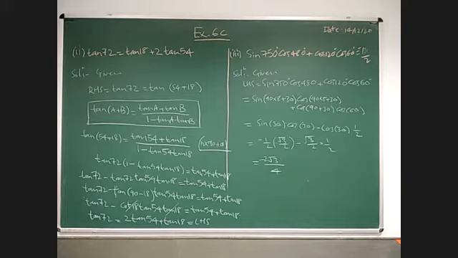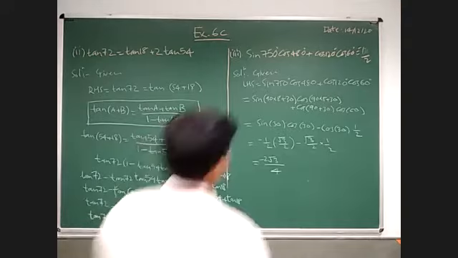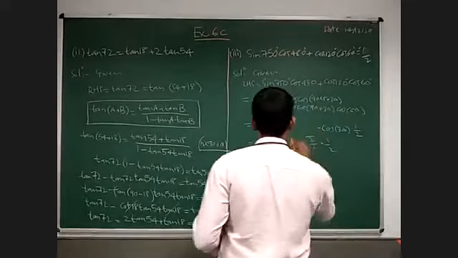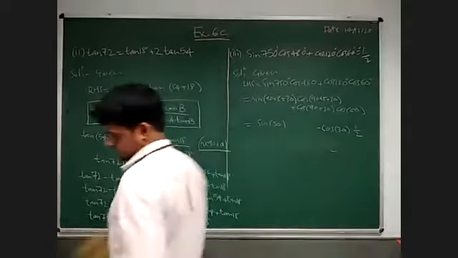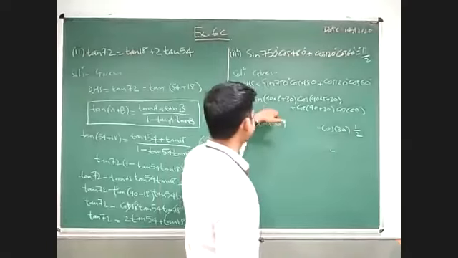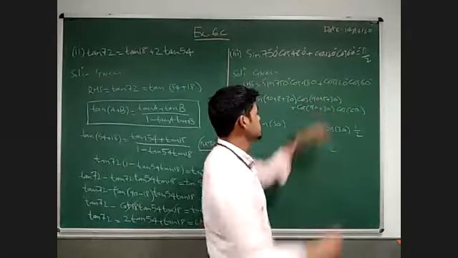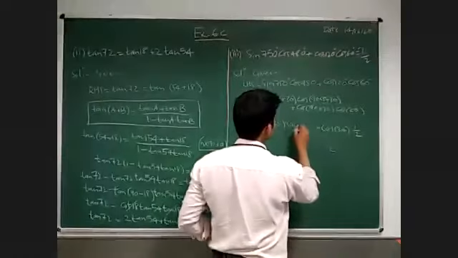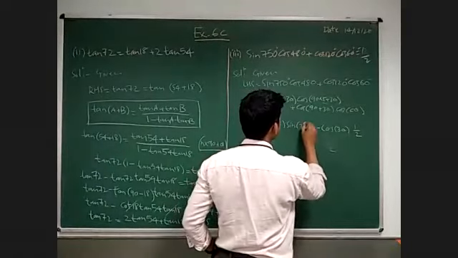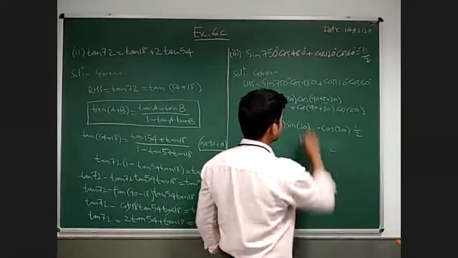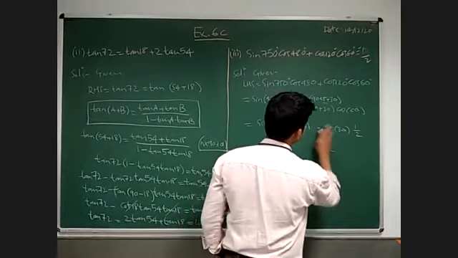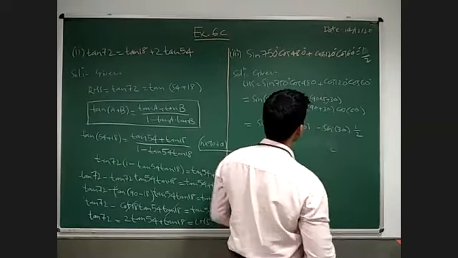Okay, where is it? Okay, here I made a mistake. See here, this will be sin 30 and here cos, this is an odd number. So here sin is going to change and it will be minus sin 30, and here this will also change. This will also be a sine.